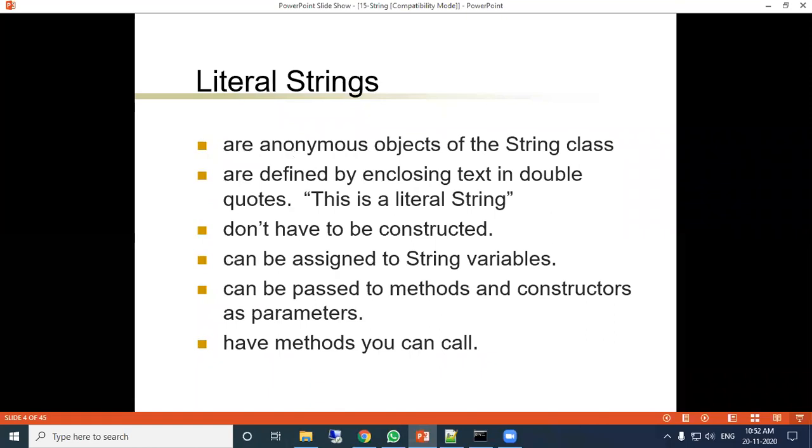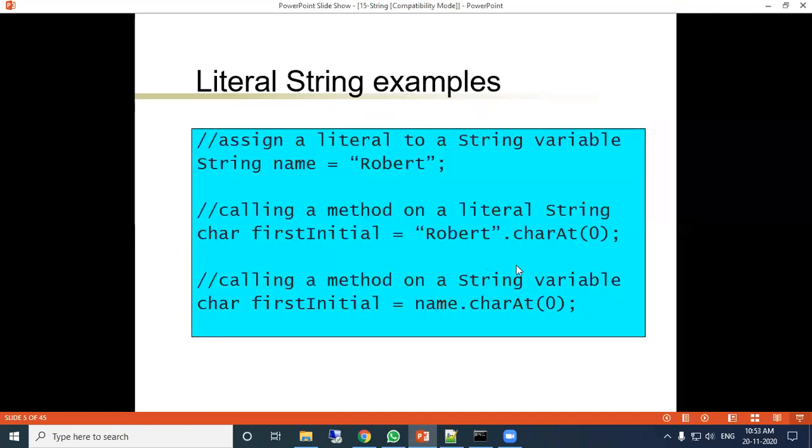So we have seen that string is an immutable string. Immutable means once memory is used for a literal string, that memory cannot be modified. If you modify the data in the string variable or string object, it will use another new memory location for storing the data. Okay, that thing we have discussed.